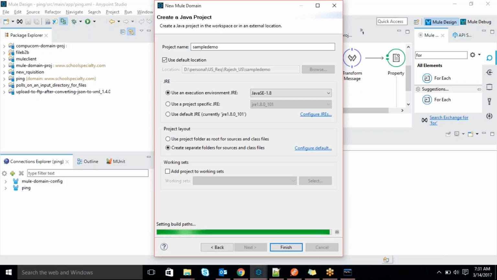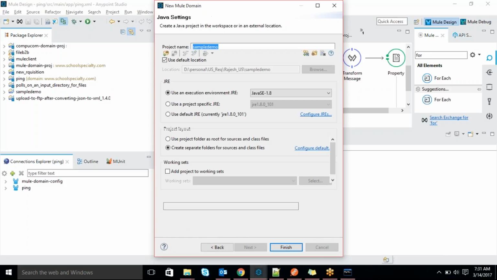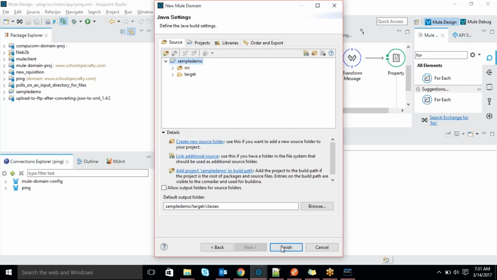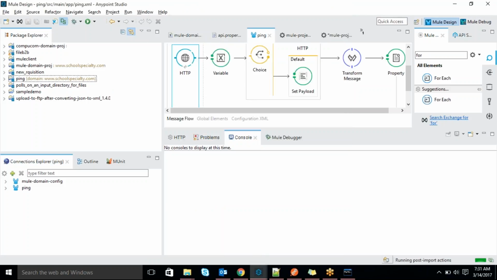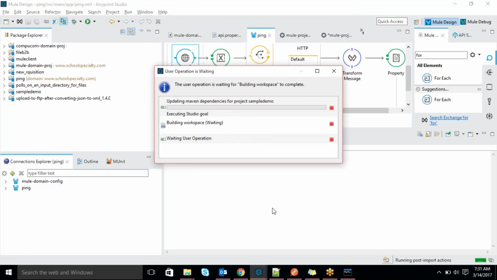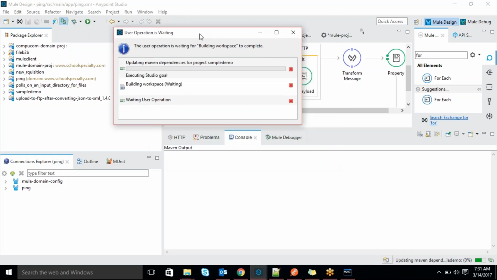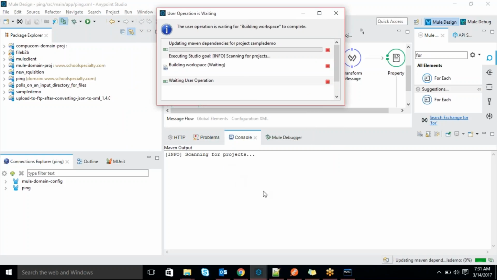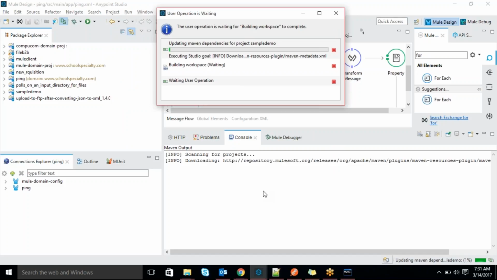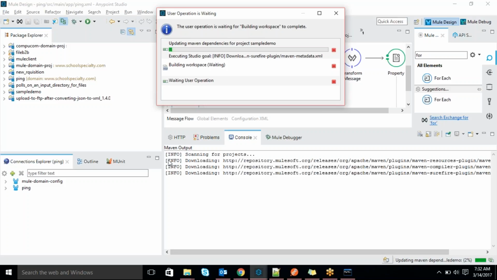Can you please elaborate why we use Maven actually? What is the purpose of Maven? See here, I'm just trying to create a Maven project. So many related jar files it will try to download. Might be in your case there is a network restriction, or you don't have admin rights, so it's unable to download the jars. It will try to download the jar files.